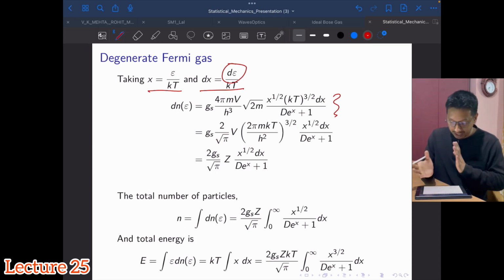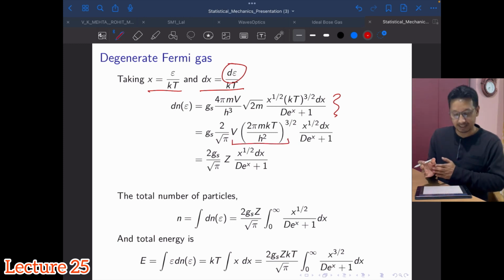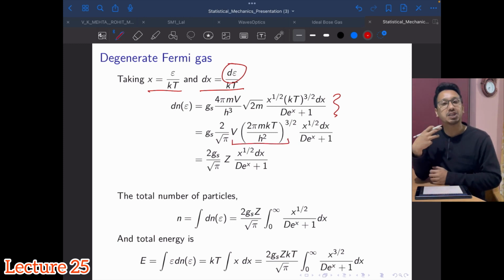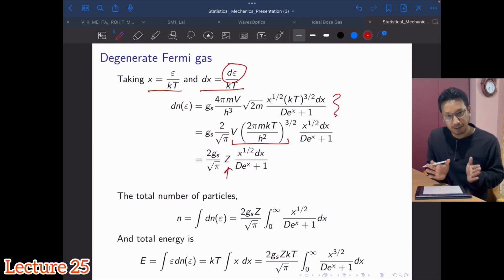Okay, now reshuffling, rearranging the terms. I need this term because I know that it represents the expression for the partition function, a translational partition function. Okay, so that's what we have got. I hope you are getting the point that this is a repetition of what we have done